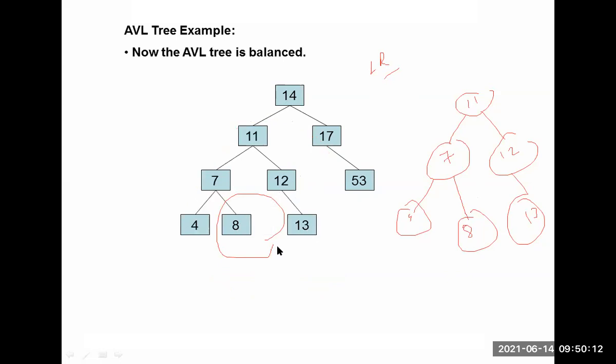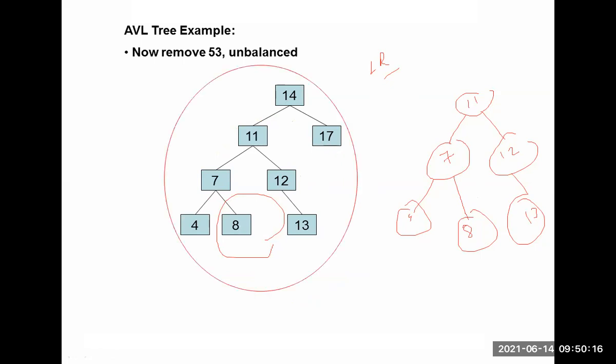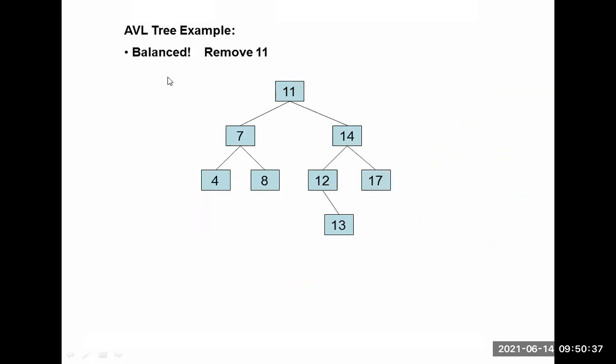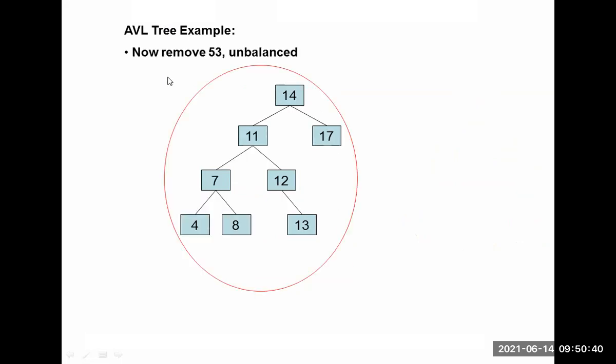So this is about the AVL tree. Then check the balancing factor. Now you can insert 53. Okay, so the overall tree height is not balanced. See here. Here the tree is not balanced. So what is the problem here? There is a right left problem.